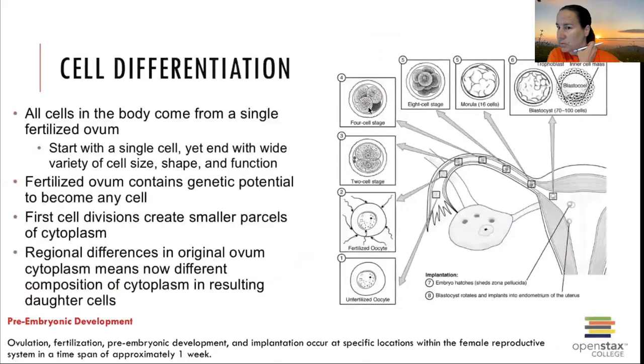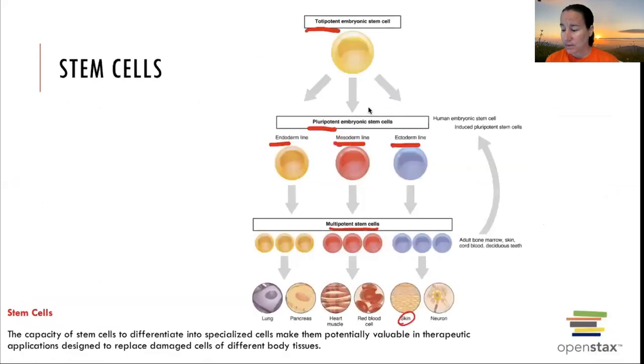Cell differentiation. We mentioned every single cell has the same DNA, unless we're talking about eggs and sperm because they have half the DNA. But all the other somatic cells in your body have all the same DNA, and it differentiates when we turn on and turn off the genes, gene expression. So again, everything comes from the one zygote, that one totipotent stem cell that makes everything. Then it undergoes cleavage, cleavage, cleavage, and those will then become the different germ layer stem cells that we mentioned before that were pluripotent,